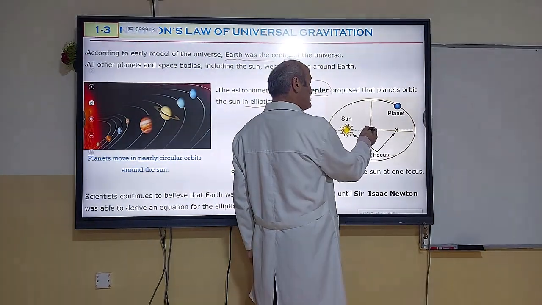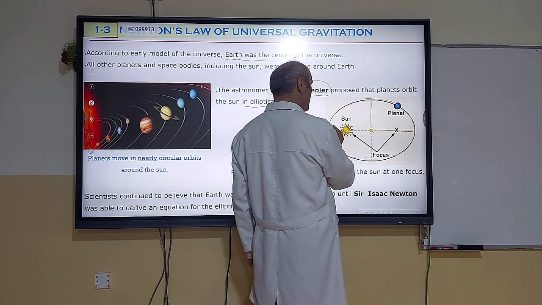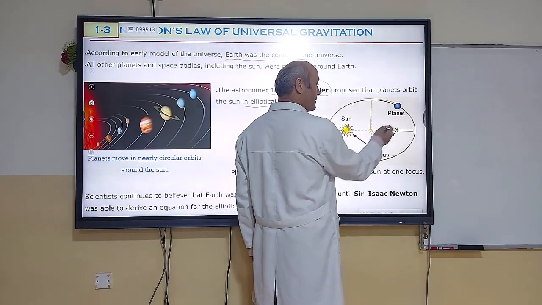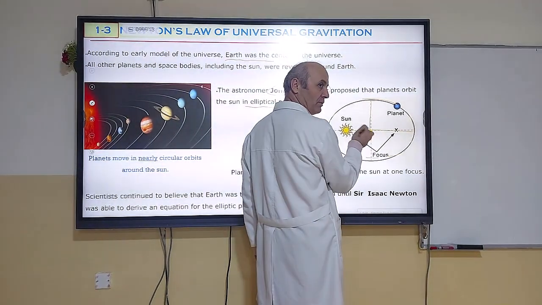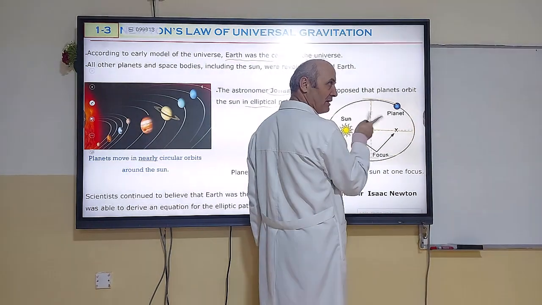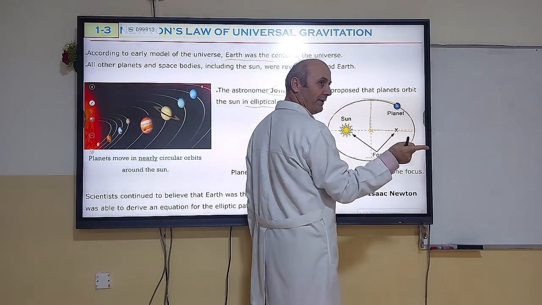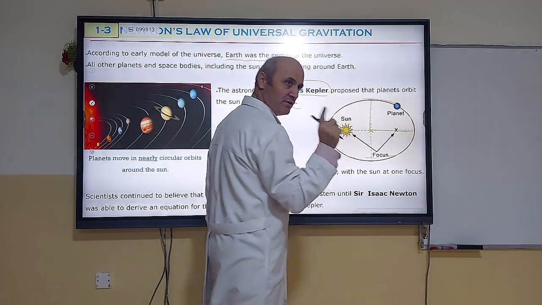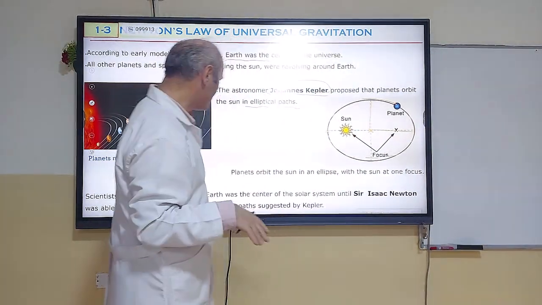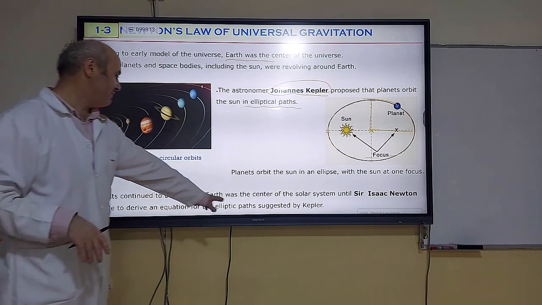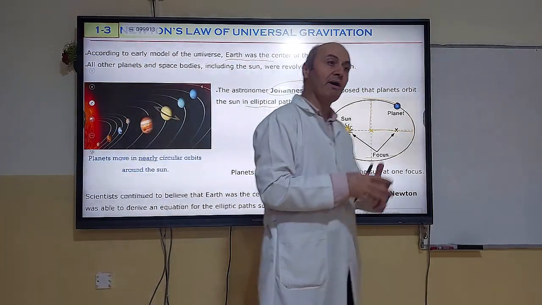What is a focus? It's a point between the center and the vertex, somewhere here. There are two foci, one on the left and the other on the right. The sun must be in one of the foci. And scientists continued to believe that Earth was the center of the solar system until Isaac